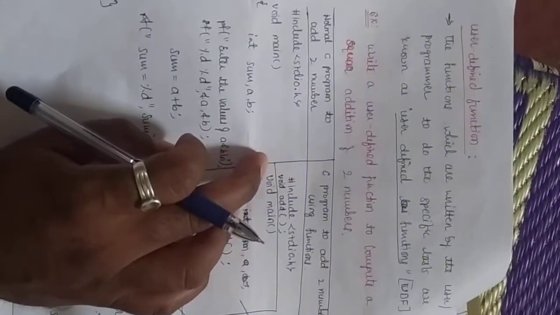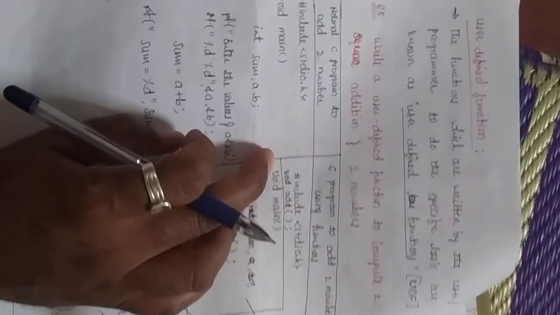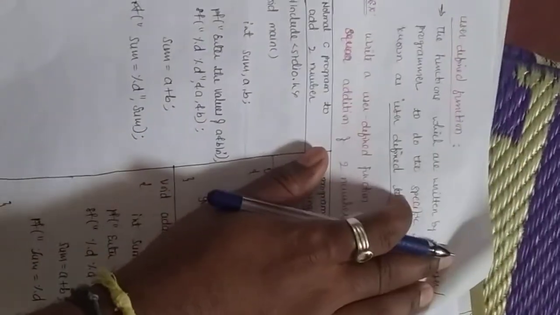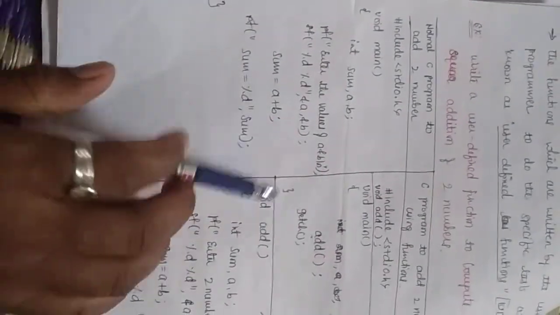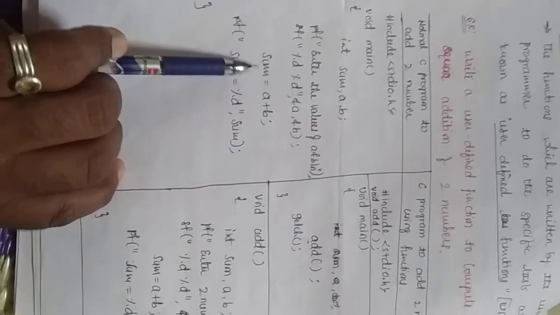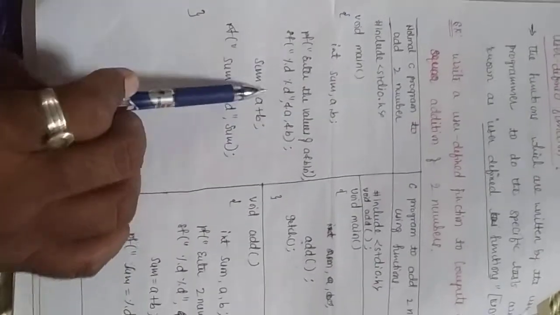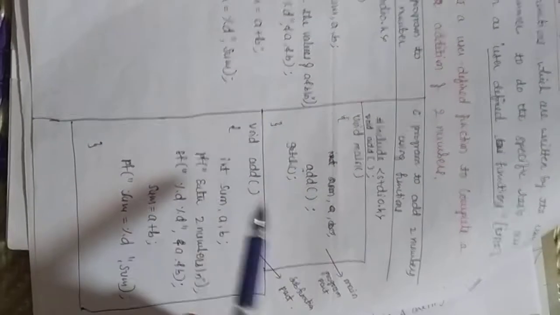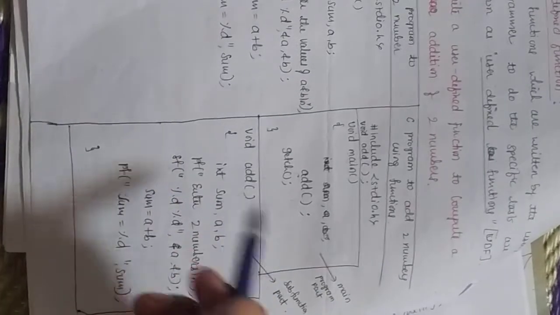User defined functions, the name itself says that the functions are defined by the user. It means you are the programmer, you are going to write the functions. Now we'll take one example here. The difference is there. This is one normal program, addition of 2 numbers. See, int a, b, printf enter 2 values a and b, sum is equal to a plus b, and print the sum. This is the normal C program. I can write the same program using functions. If I write like this, that becomes user defined functions. It means I am defining my own function.